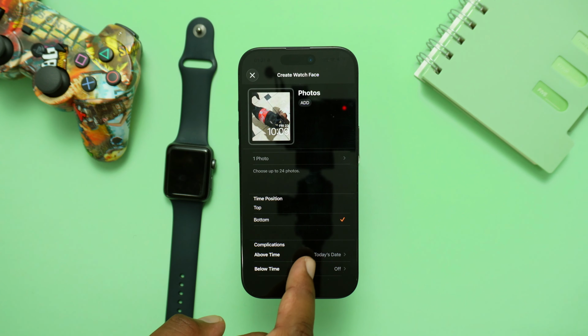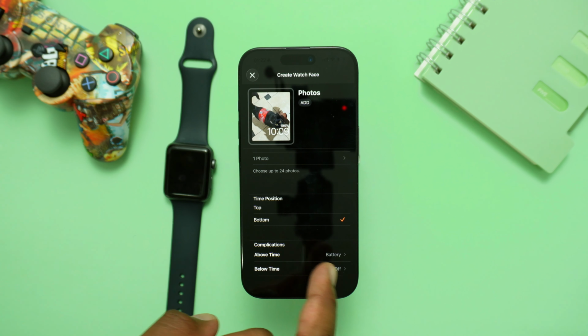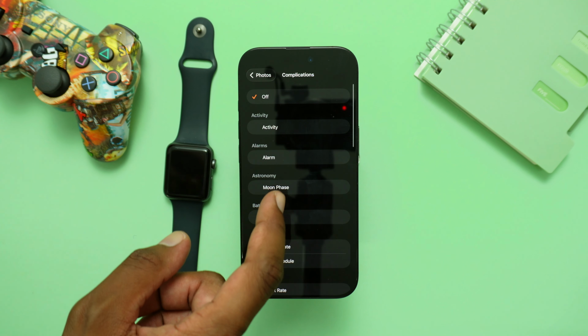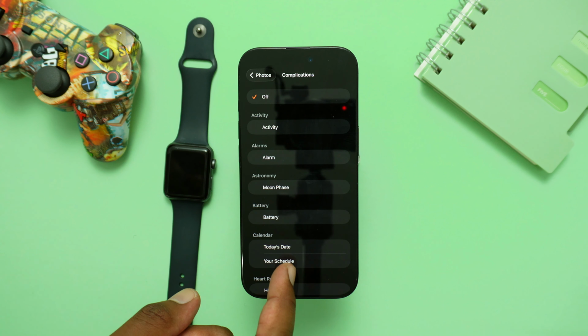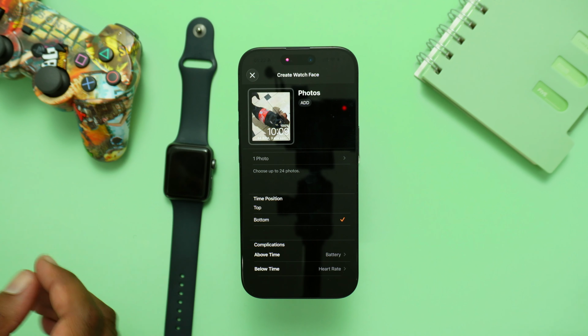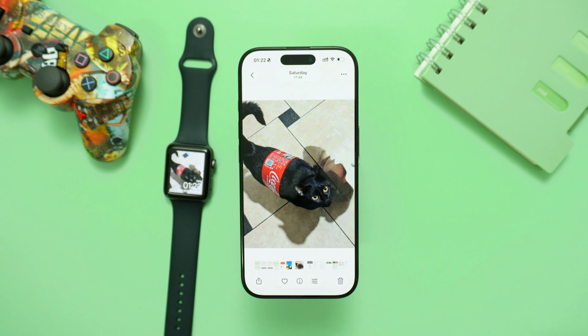And then we do have complications like today's date or your schedule or alarm or battery, anything like that. Where do you want to keep it? Okay, so above time or anything like that. We do have below time as well. You can add, for example, something like heart rate here at the bottom, and it becomes something that looks like this. Next up, simply tap on add to add it here to your Apple Watch, and in no time,